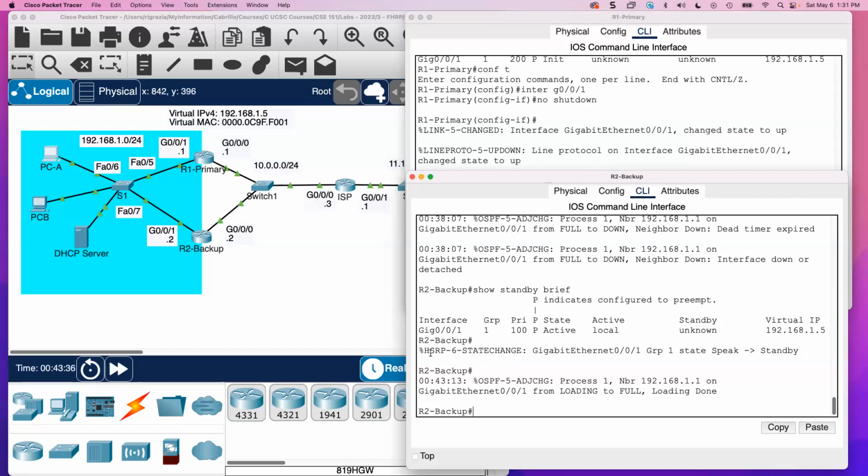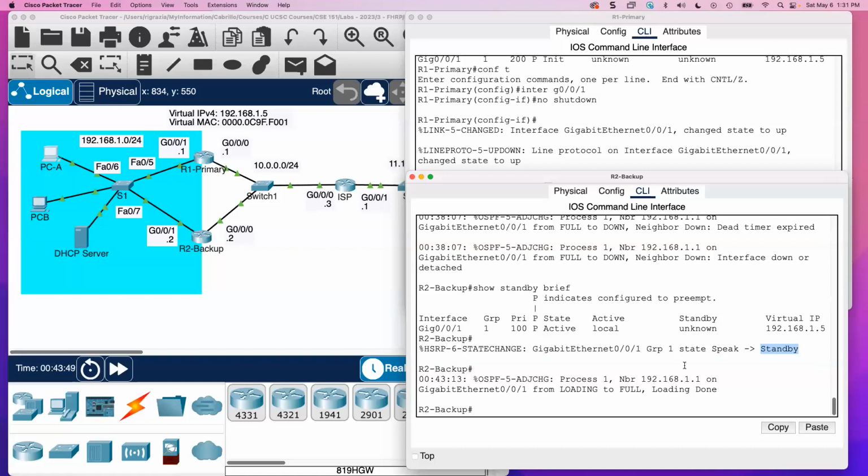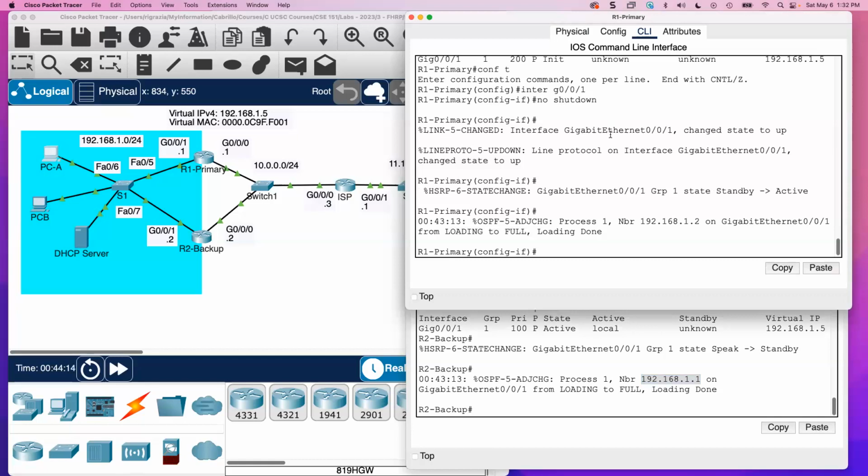Okay. So it says, hey, wait a minute, there's an HSRP state change. I am now standby. You'd actually see standby to active also. Why is it not showing that? I'm sorry, not standby to active. What you'd see is speak to standby. Yes, so it goes to speak mode, then standby. Excuse me. I'm looking at one thing and saying another. And there's an OSPF adjacency change. Yes, I got my old OSPF neighbor back. Loading to full with that neighbor there. Okay. And again, we can verify,